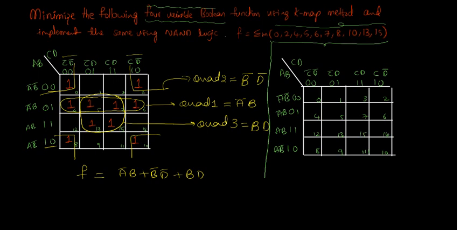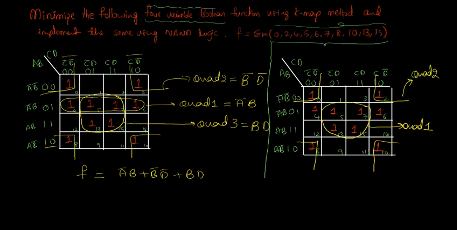Same thing, now you can place 1 in 0, 2, 4, 5, 7, 6, 13, 15, 8 and 10. So let us see the other possibility of grouping. In this case, one student can start like this: 5, 7, 13, 15. You can make a quad. Let us call it quad 1. Next, quad 2 is these corners, because there is no other possibility of grouping these corner cells.